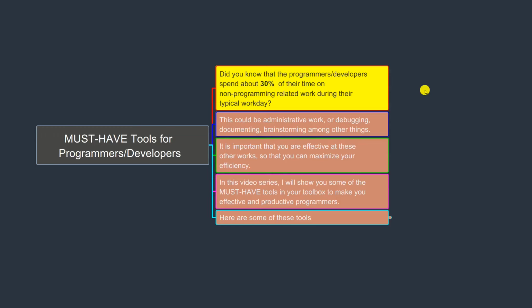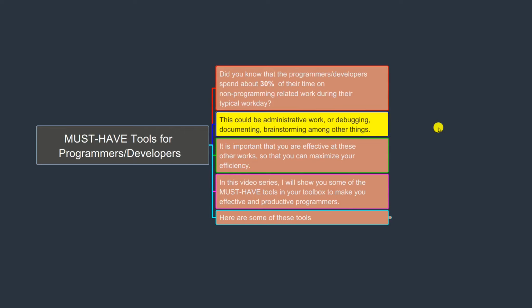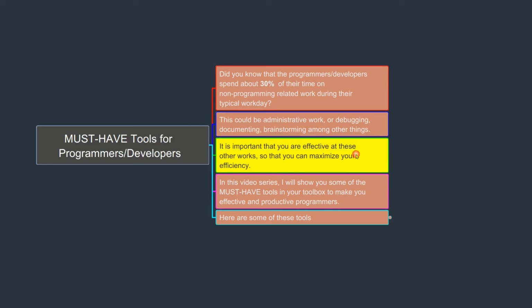Did you know that programmers or developers spend up to 30% of their time on non-programming related work during their typical work day or work week? Now, this could be administrative work, documenting, brainstorming ideas, or debugging. But it is very important as a programmer that you are effective at these different tasks